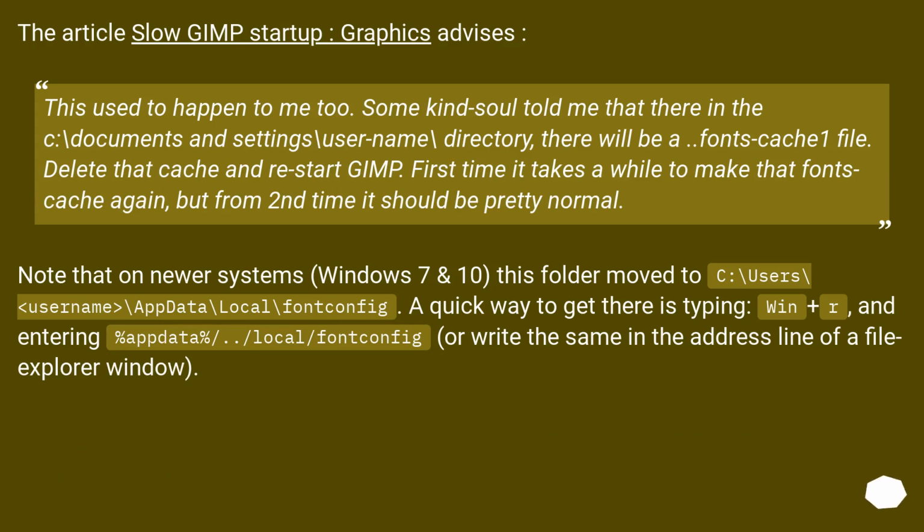Some kind soul told me that in the C:\documents and settings\username directory, there will be a fonts cache 1 file. Delete that cache and restart GIMP. The first time it takes a while to make that fonts cache again, but from the second time it should be pretty normal. Note that on newer systems, Windows 7 and Windows 10, this folder moved to C:\users\<username>